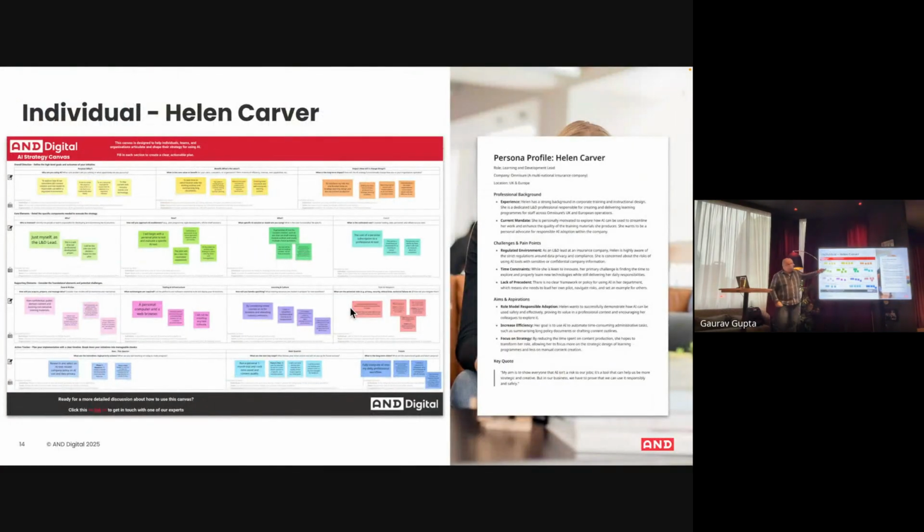So we have examples in the Miroverse, which we'll talk through. Helen is our first example. Helen's an individual. The benefit of a model which starts with individuals is that you are all individuals. So you may not be an L&D lead, but you can relate to an individual, and you may all be thinking the same thing at the moment: how do you personally do this? That may be the question you've got.